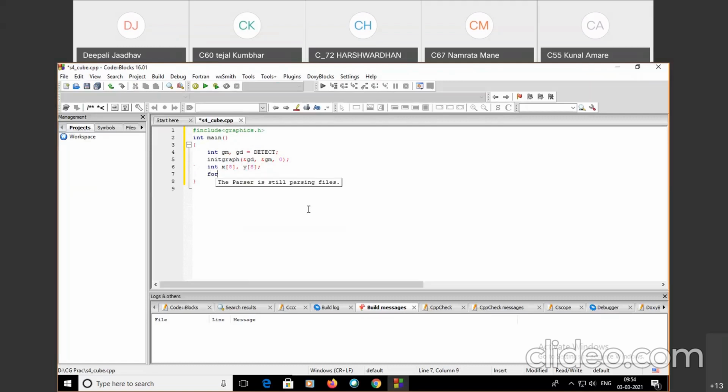Okay, instead of taking x1 y1 x2 y2 in this way up to 8 numbers, using the for loop, simple: for i is equal to 1, i is less than or equal to 8, or you can take i is less than 9, i plus plus. Now first we need the user to enter the points of the cube every time we execute it.